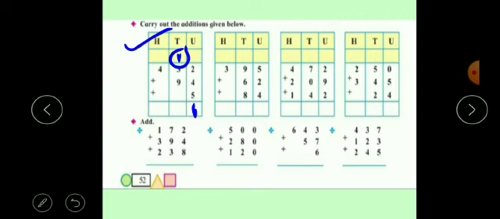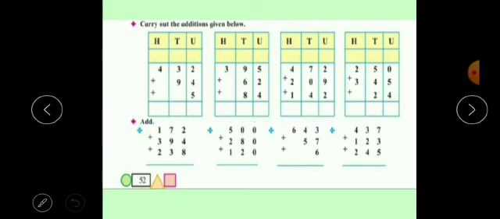9 plus 3 we get 12. 12 plus 1 we get 13. Now here nothing is given, means there is a 0. Either you can write 0 or you can keep this place vacant. So 9 plus 3 is 12, 12 plus 1 is 13. Write 3 here and 1 is carrying over. Okay, now 4 plus 0 means 4 and 4 plus 1 we get 5. So we get the answer 531. Okay, using the same method you have to sum up all these numbers.